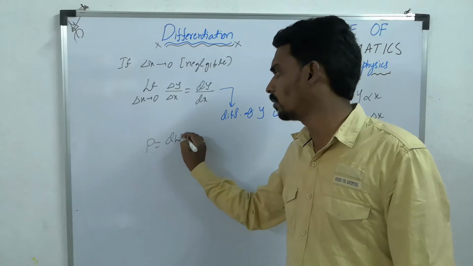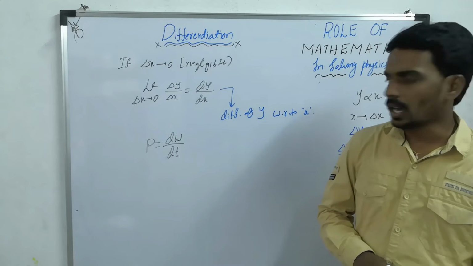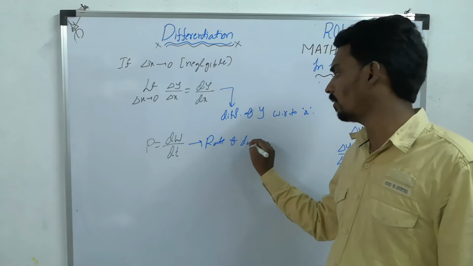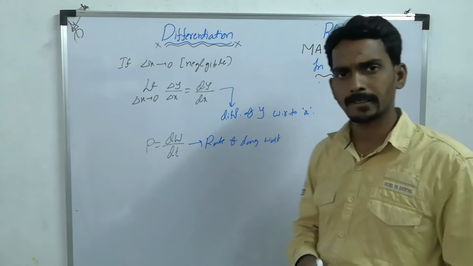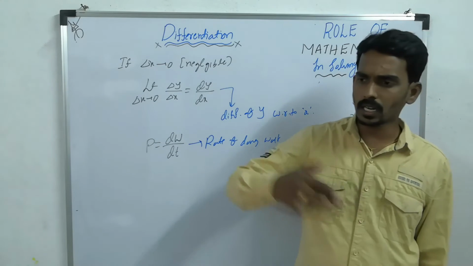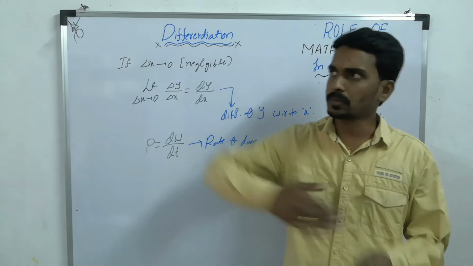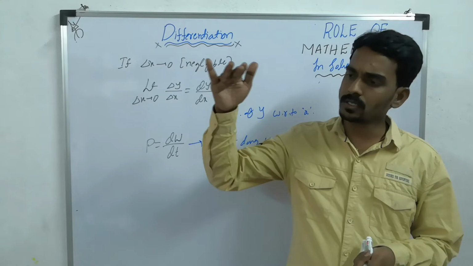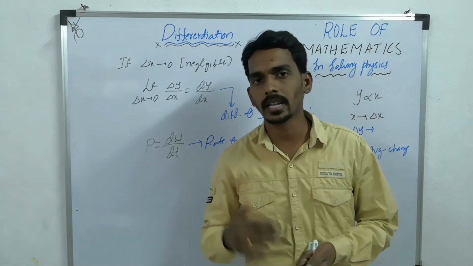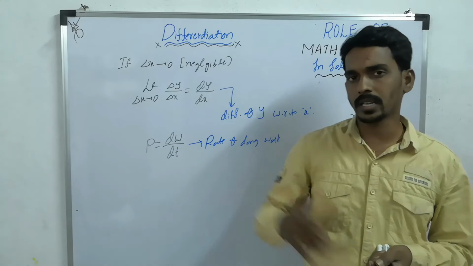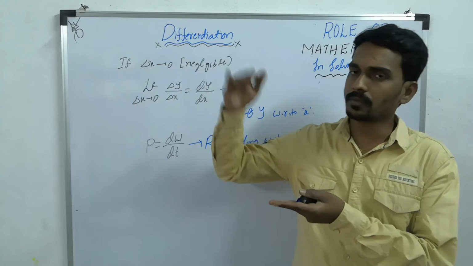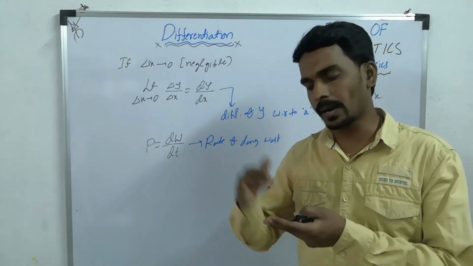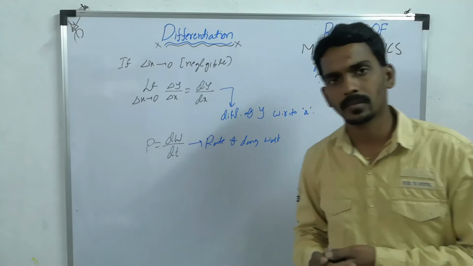Power equals dw by dt, you will say that. Or you will say rate of doing work. What is it called? Rate of doing work. You start some work. Suppose you are climbing up some steps. Some 1,000 steps are there. Consider the time in which you climbed the first 10 steps. Then after 100 steps, you count again the time taken for the next 10 steps. After 500 steps, again you count the time taken for 10 more steps.